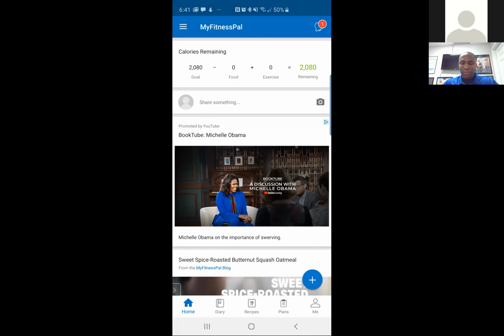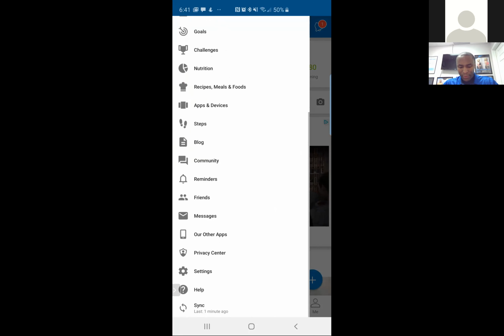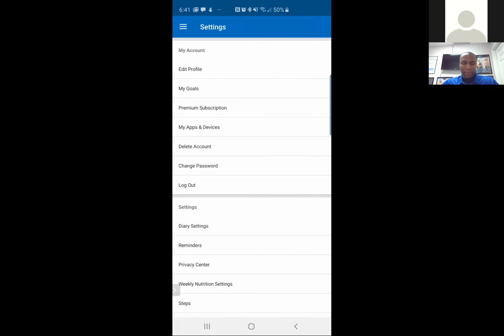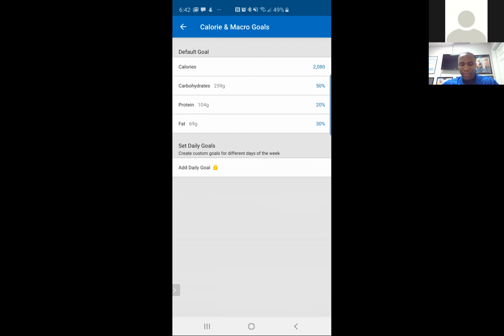And some of the things I want to do is I want to modify this data. First thing I'm going to do is go into my settings, and I'm going to change some of the things in there. Now, if we were giving you your macros, you can go in here and start making some manipulations. You can change your weight, how much your activity is, but I can actually change my calories and play around